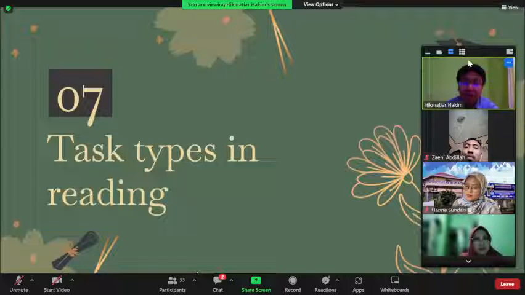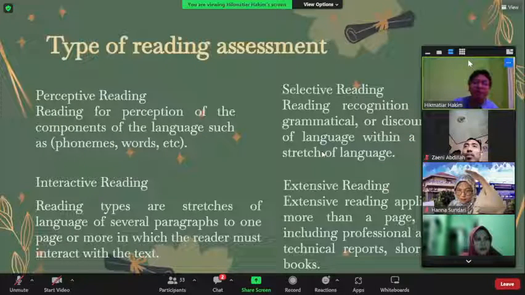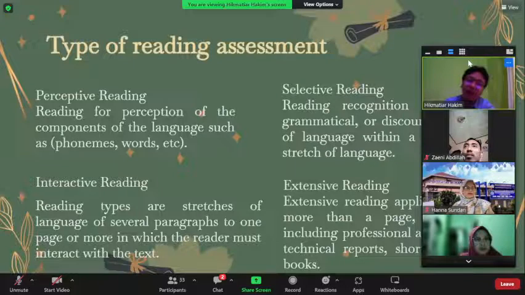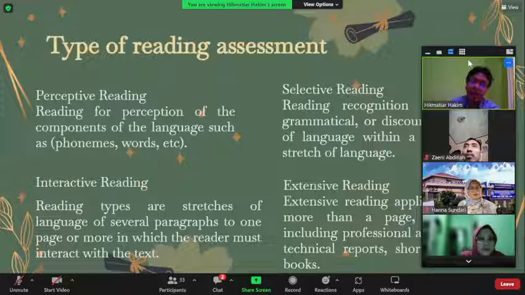Number 7 is the test types in reading. Same as in listening, we have four types of reading. The first one is perceptive, the second is selective, the third is interactive reading, and the last is extensive reading. I put a little explanation for it, but to put it simply,